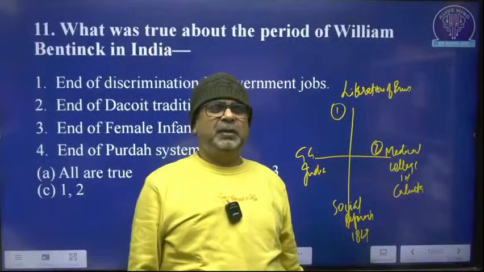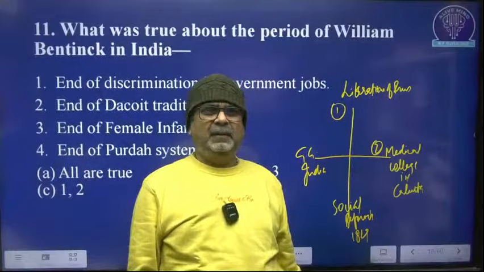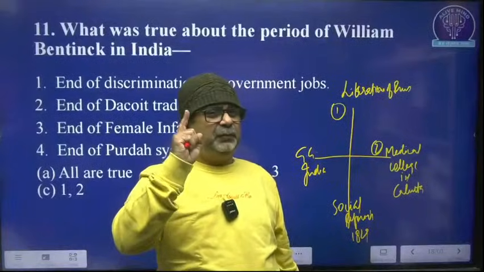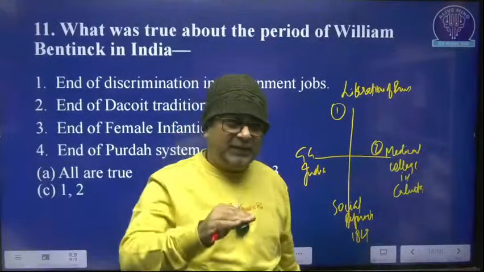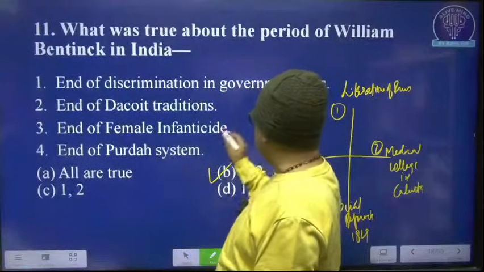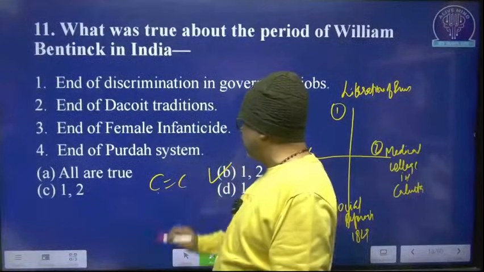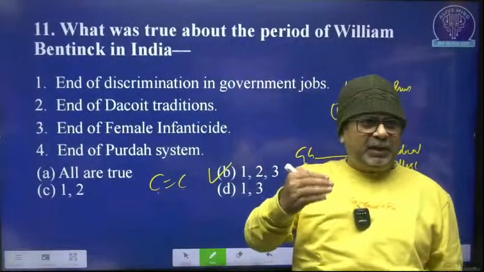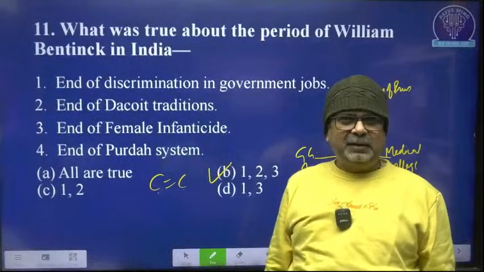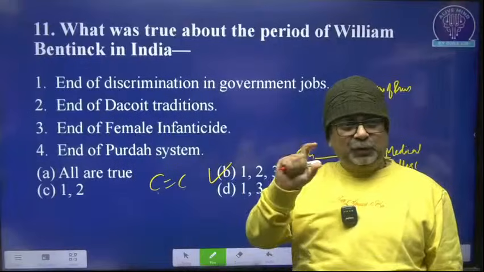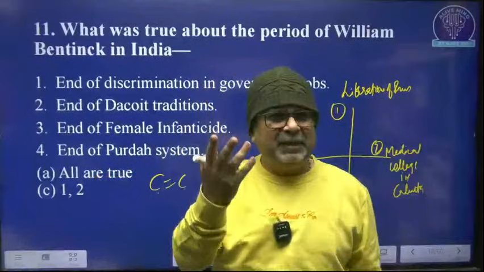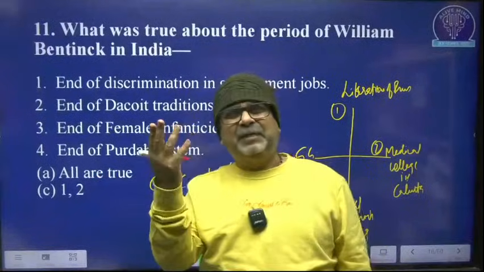the Napoleon threat is over. Majority of the Indian princes have signed subsidiary alliance. Now he has to win the heart of middle class. He has to stabilize the achievements. There is a formula in polity. C plus C is equal to C. Conquest is equal to consolidation. One party will conquer, the other will consolidate. Who conquered? Wellesley and Lord Hastings. Now his duty is to consolidate. So you will see his policies for consolidation. Middle class is happy with him, reformers are happy with him, press is happy with him.